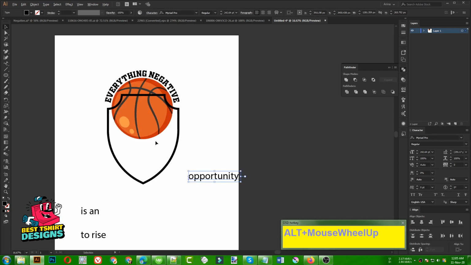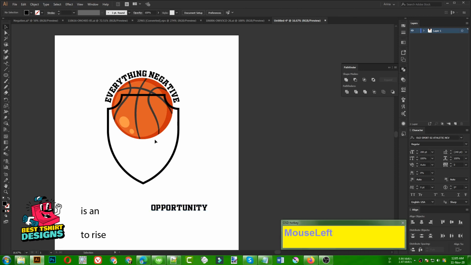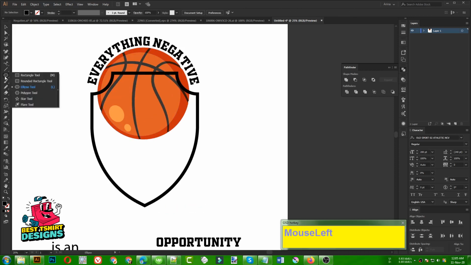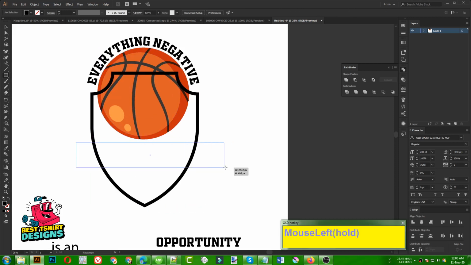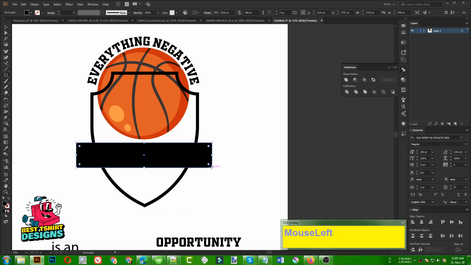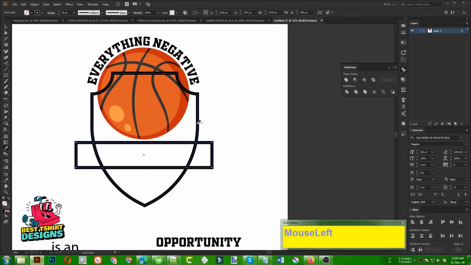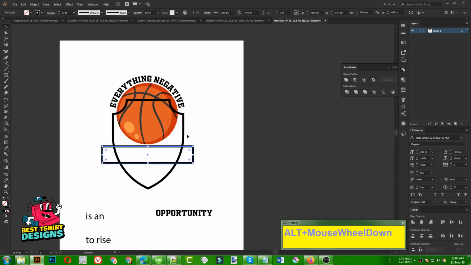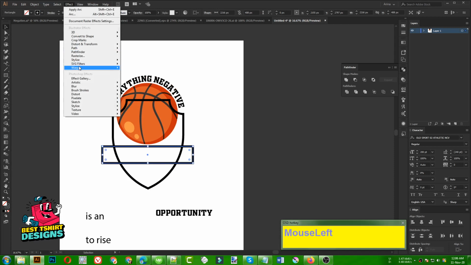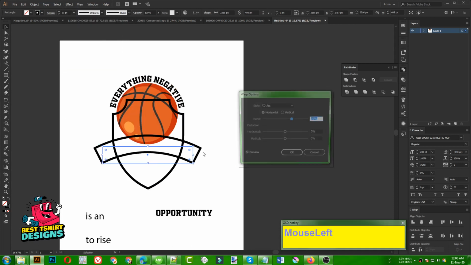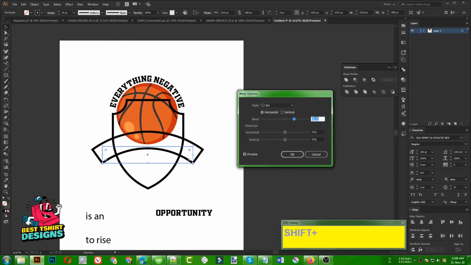So let's focus on our opportunity text here. I'm going to make it, of course, in this same font, but I want to make it like a rectangle from this area. If I take my eyedropper and click here, it is going to sample the same stroke of that shield, and that is good. So let's go to effect, then arc, 50% maybe.